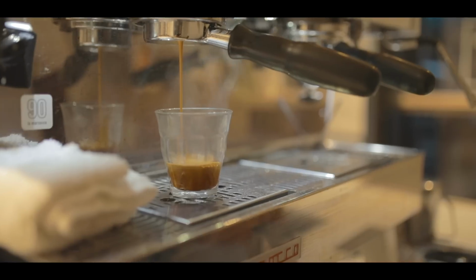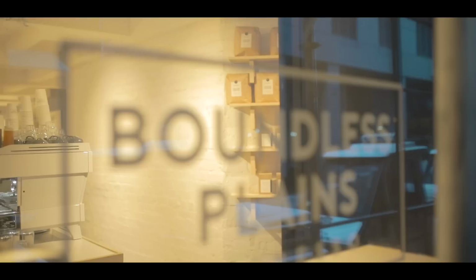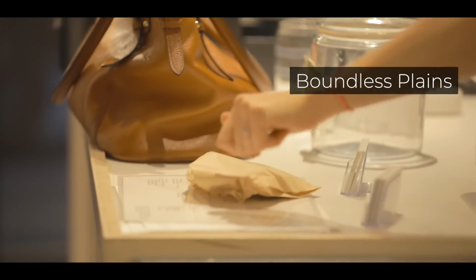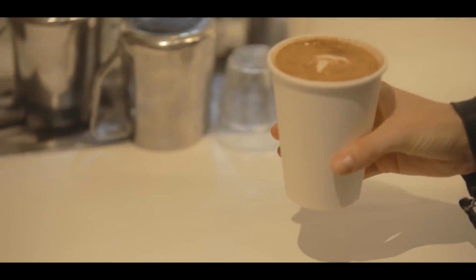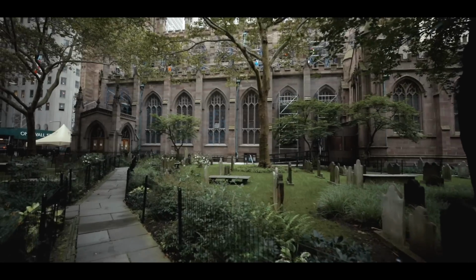Coffee or tea or really anything on the go, so what I recommend is head to a coffee shop and then come here to Trinity Church. There's a coffee shop called Boundless Plains right down the street. They serve amazing coffee. Grab one to go and then head here to Trinity Church and walk through the old